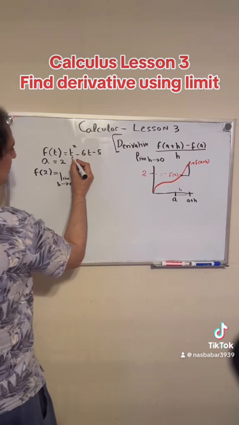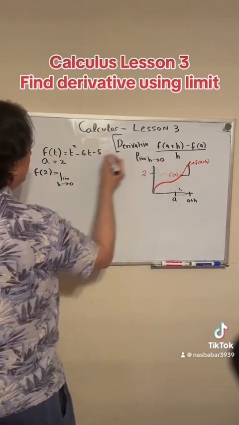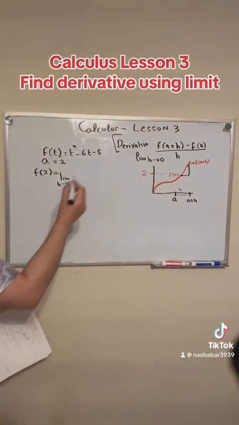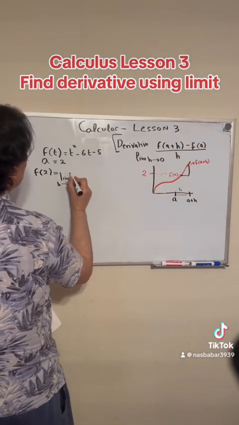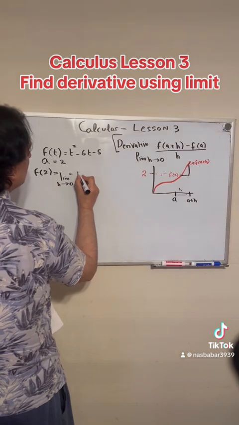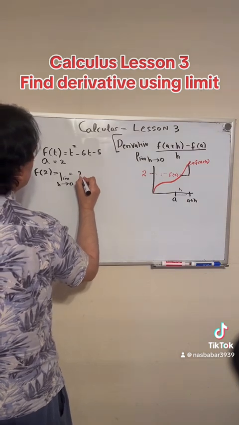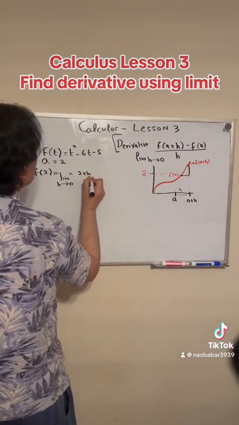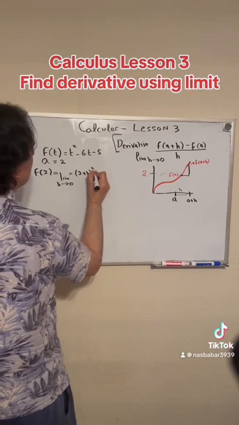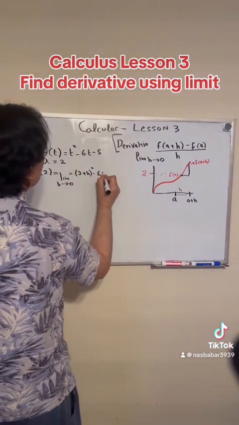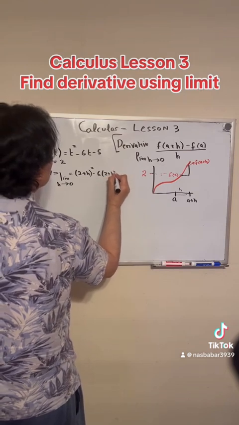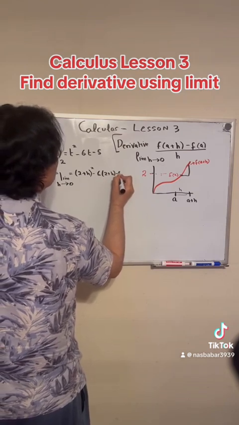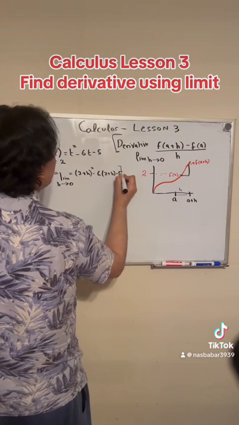If we substitute into t squared, I'm going to replace a by 2. So then this is equal to (2 plus h) squared minus 6 into (2 plus h) minus 5, in big brackets,